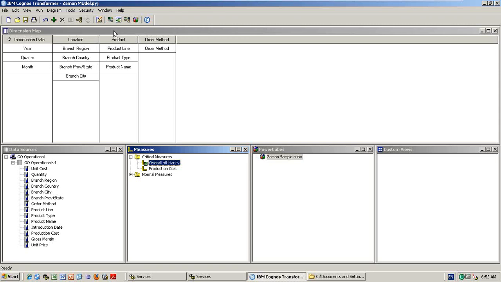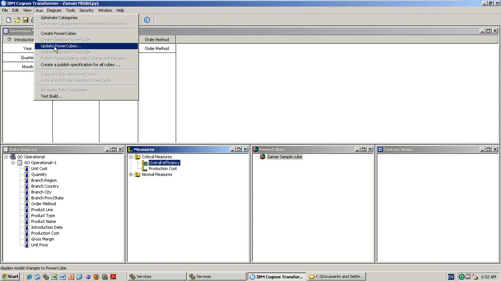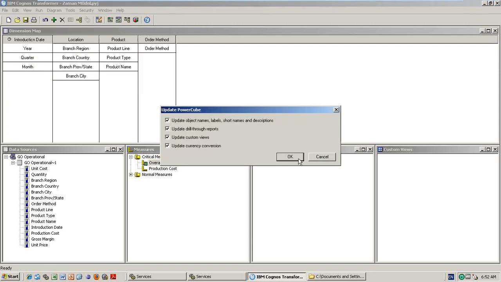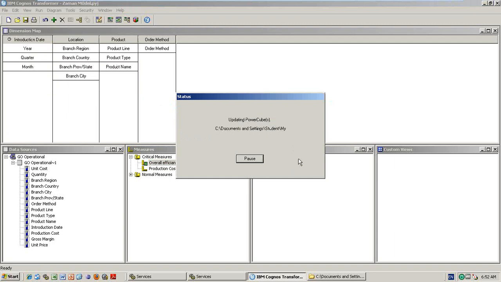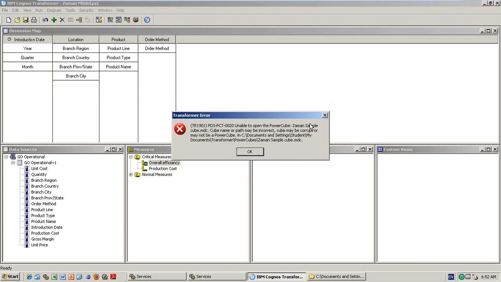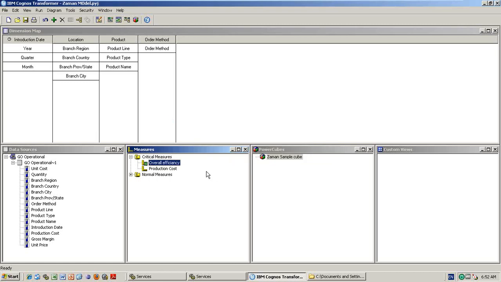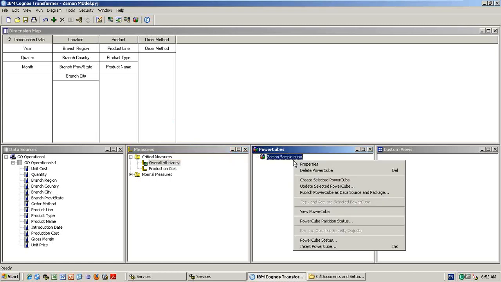Do I need to rebuild the cube once again for simply changing the labels? No. For that, you can go ahead and update the power cubes. Simply click OK, and automatically whatever you added will be applied. I will check that when the path name is incorrect, it is showing.